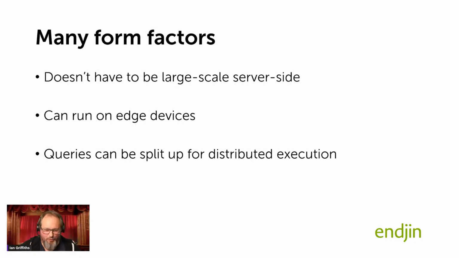Anyway, back to the point about libraries. The fact that it's all carved up in the way that it is means that Reactor can actually run on a wide range of form factors. It was designed on the assumption that you had server farms with about 40 machines in it, hosting hundreds of thousands or millions of queries, but it doesn't have to. It's perfectly happy to run on edge devices. It can easily run on a small Raspberry Pi, for example. It can even be induced to run on much smaller .NET embedded devices like a Meadow.